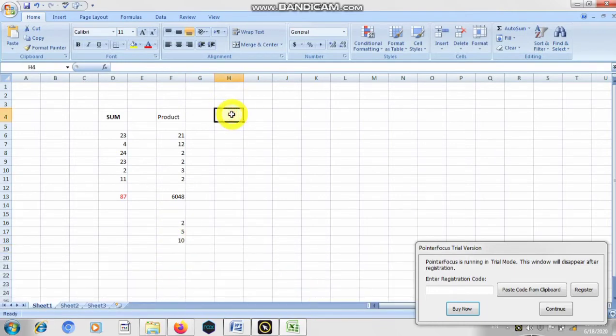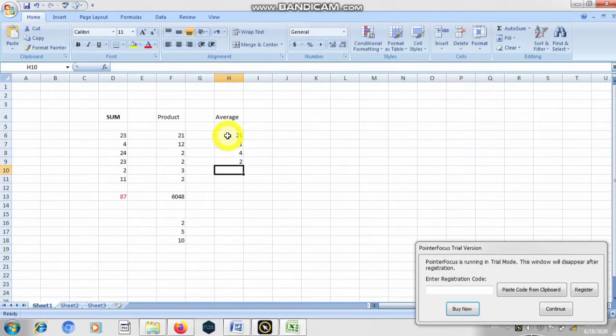Now we are going to look at how we can calculate the average. As you know, average is when you have a list of numbers and you divide the sum by the total number of values. So I need some values here.